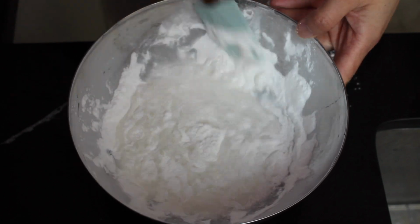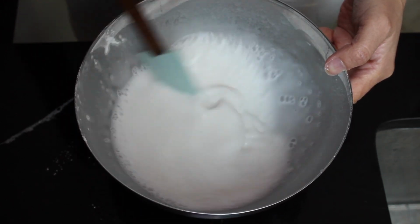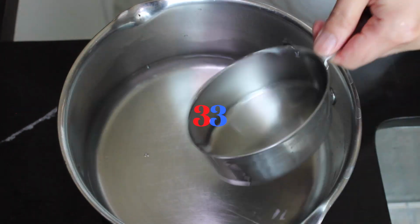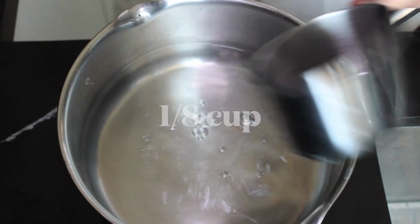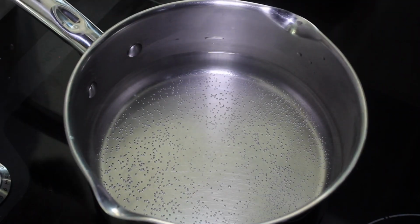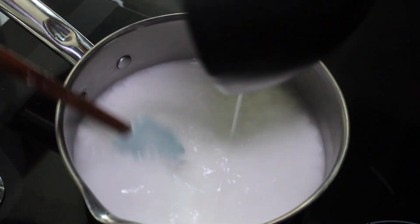That's it. The method here is more important in achieving the right consistency in the noodles, which will be smooth yet elastic at the same time. Then to a pot, add the remaining 4 cups plus a couple of spoons of water. Start to heat up the water over medium heat, but before it starts simmering, in fact, as soon as you see little bubbles forming at the bottom of the pot, you can stir in the starch liquid